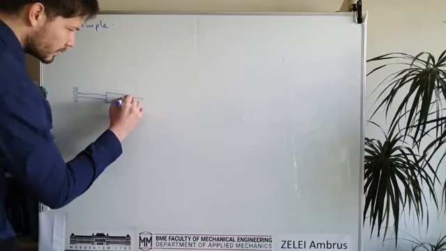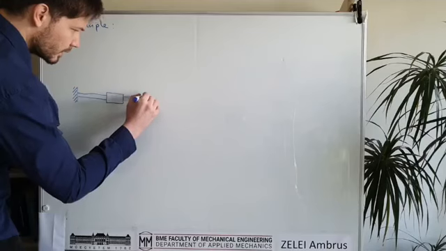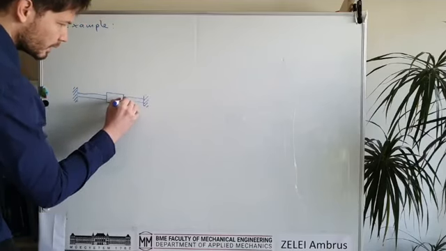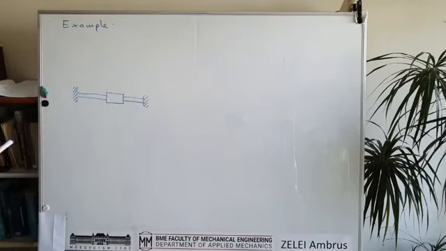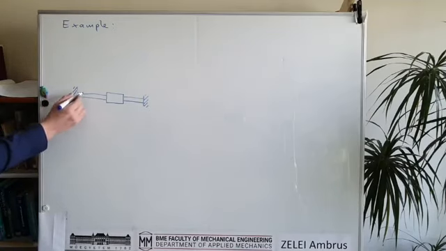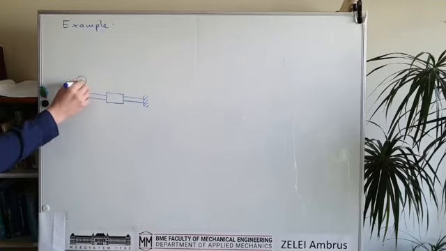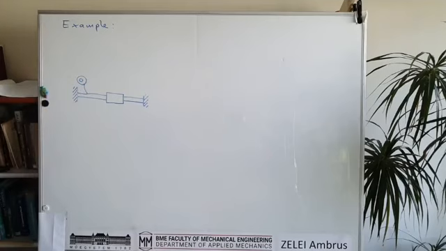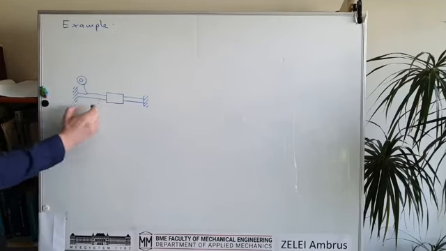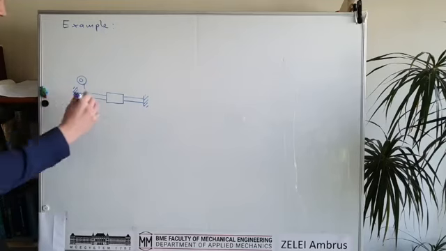So we have this kind of structure, and we say that the bar which is fixed to the wall is rigid body number 0 or link number 0, and then there will be a slider which can move in horizontal direction,